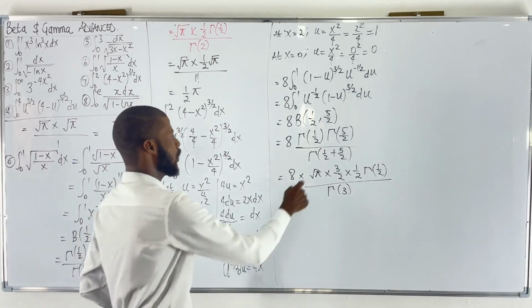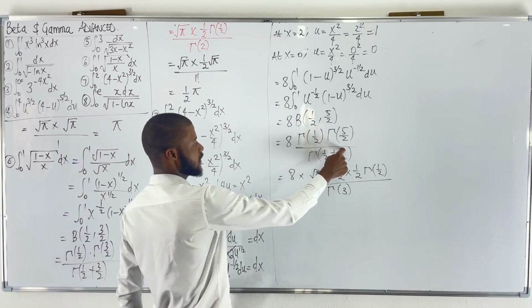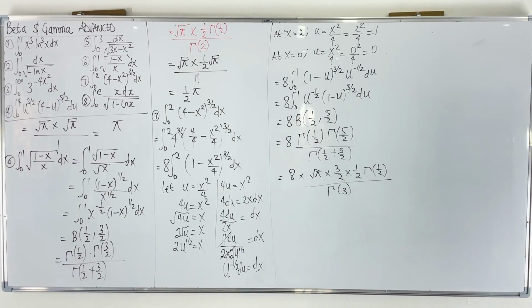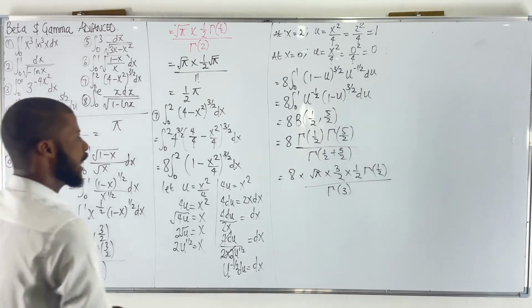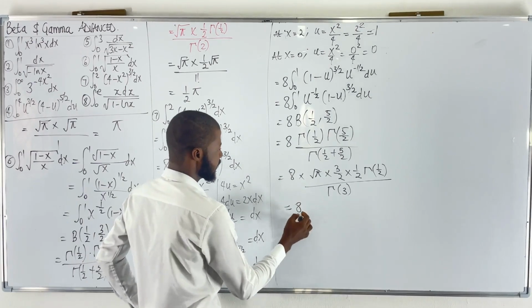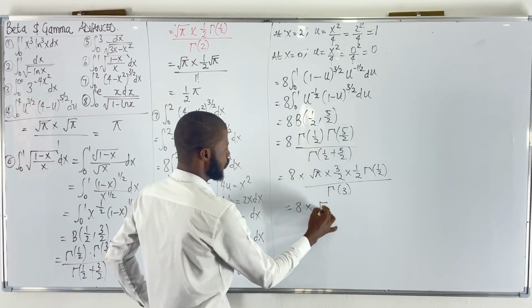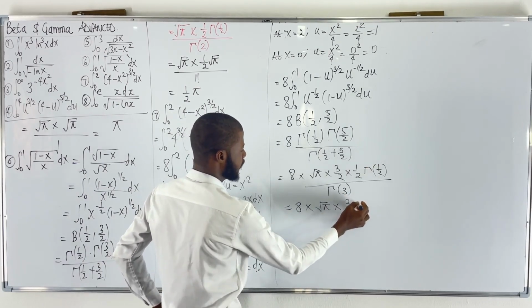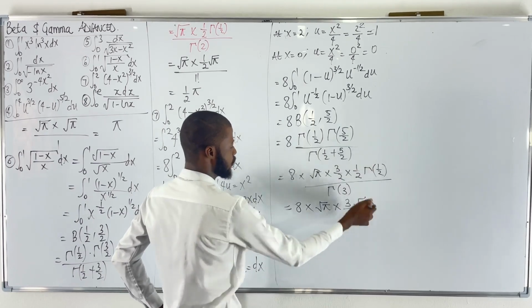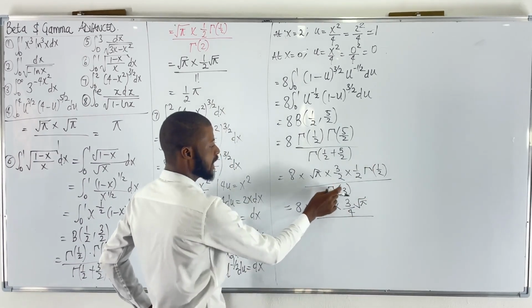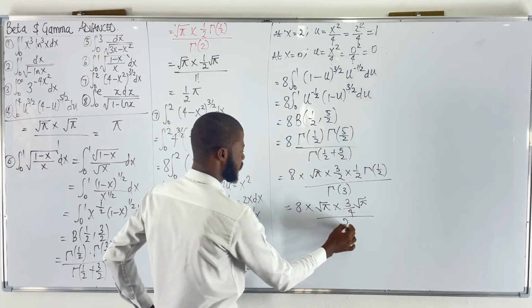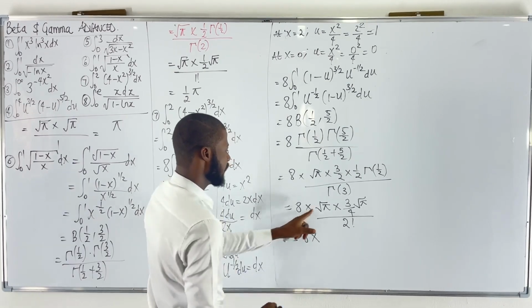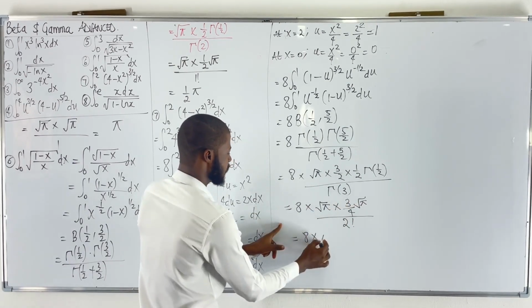Divided by gamma half plus 5 over 2 is just 3. Now how did I get 3? 1 plus 5, that's 6. 6 over 2 is 3. Okay. So what would I do? This becomes 8 times root pi times 3 over 4. This again is root pi because the gamma of half is root pi. Divided by gamma of 3, which is just 2 factorial. So we're going to be having 8 times root pi is pi